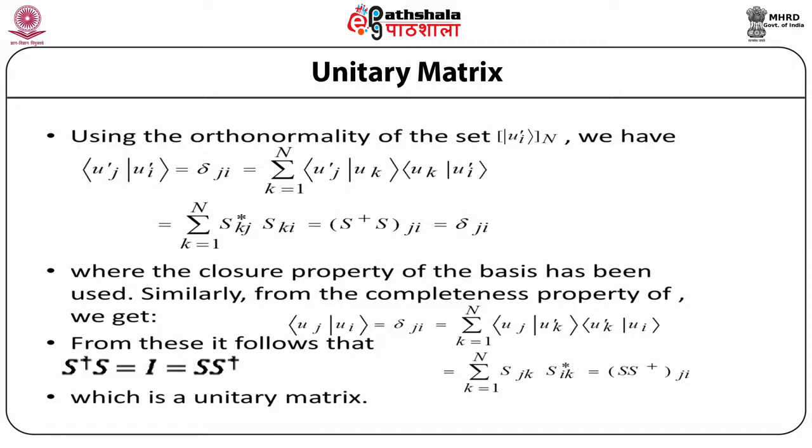and this is equal to summation over k going from 1 to n, s_kj star s_ki, which is equal to s dagger s, ji, is equal to delta_ji, where s is the expansion coefficient, and